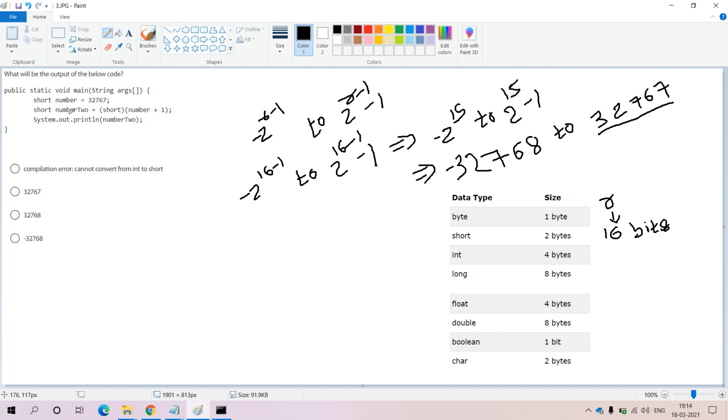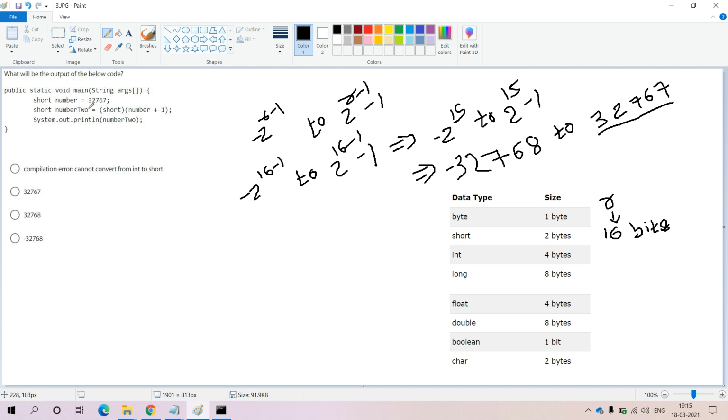Now within the second line, what are we doing? We are taking one more variable with the name number2. It is also of short data type, which means it can hold minus 32768 to 32767. In between this range, any number we can hold in the short data type.